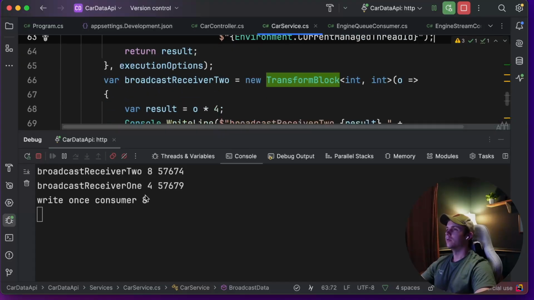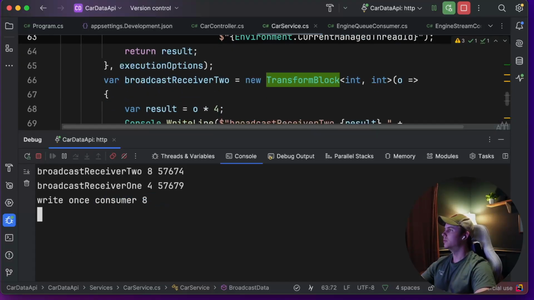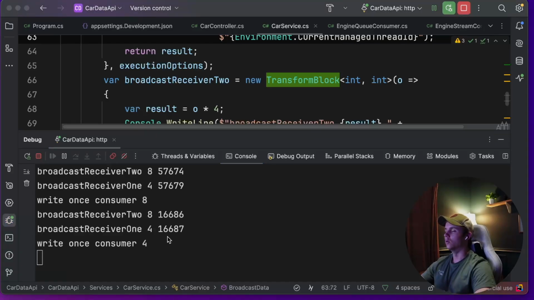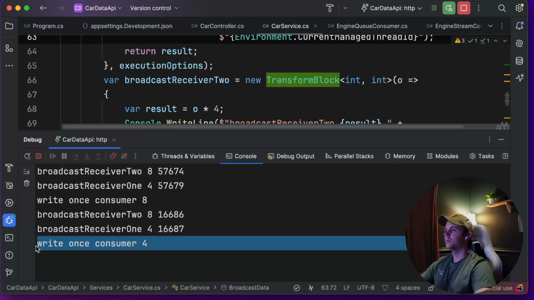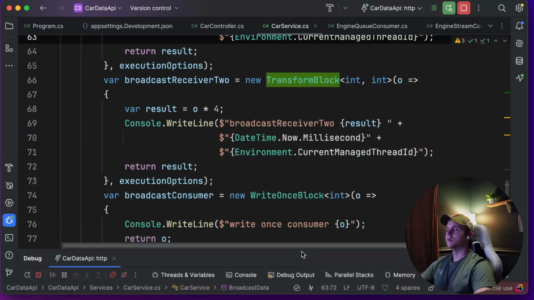And then I have the write once block. You can see that this time it consumed 8, but if I run it a couple more times, we probably can get it to do 4. Yeah. So again, different thread IDs, but this time receiver 1 block happened to finish first, and the write once consumer consumed that. I want to do a couple of things to make this a little bit more,